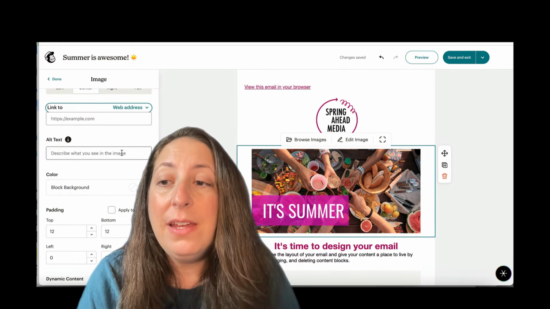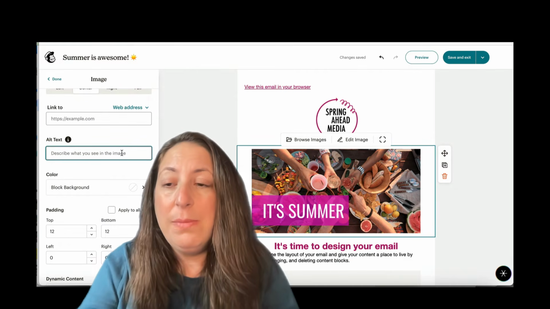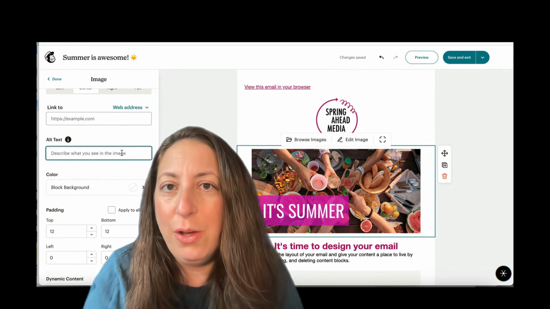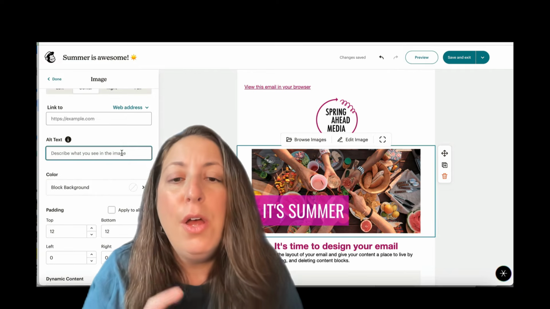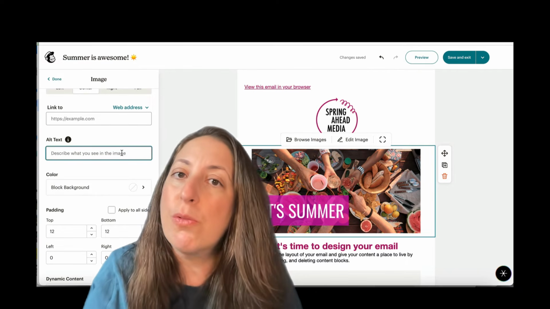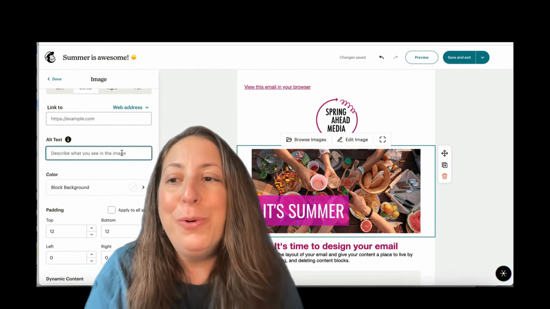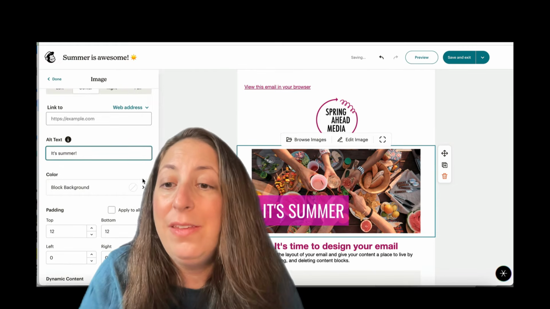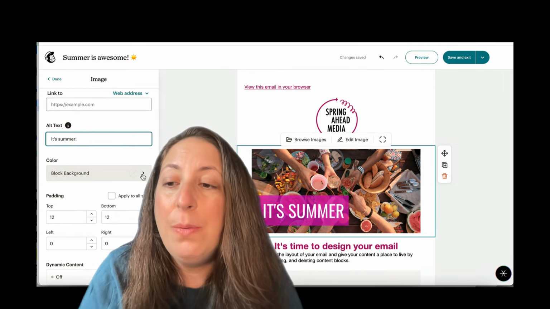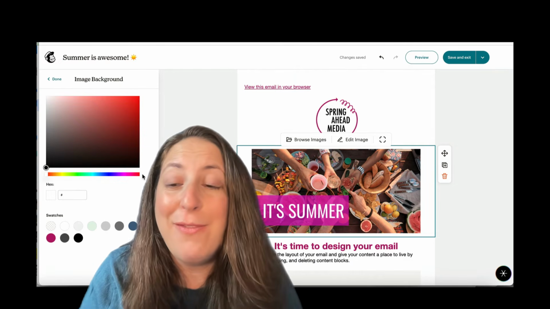It's also a great idea to add some alt text to your images. If your image doesn't load, then it will show the alt text. Also, if someone is disabled and they're using a reader to read their email for them, it will read this alt text. You'll see here, we have the option of changing the background color of our block